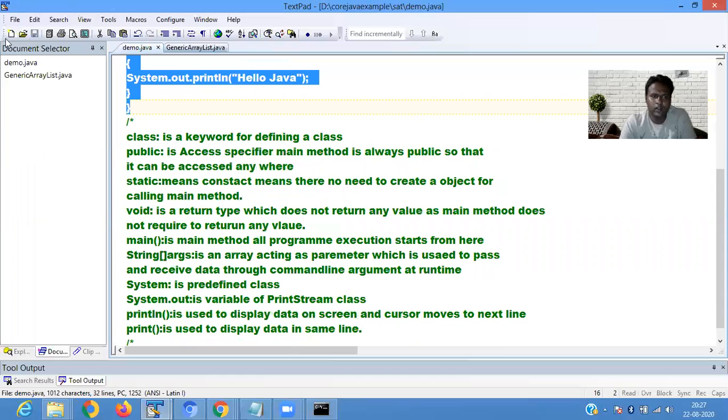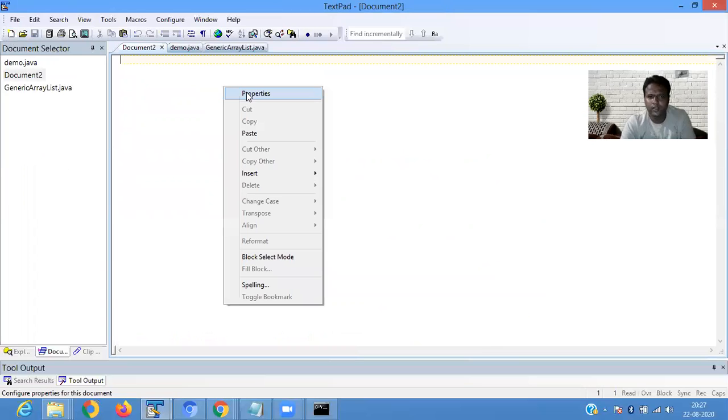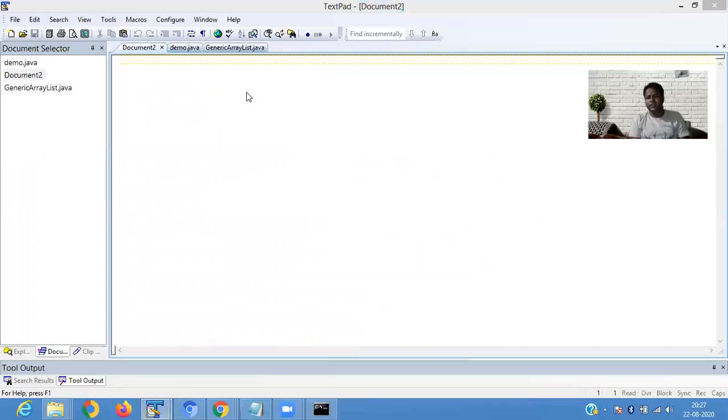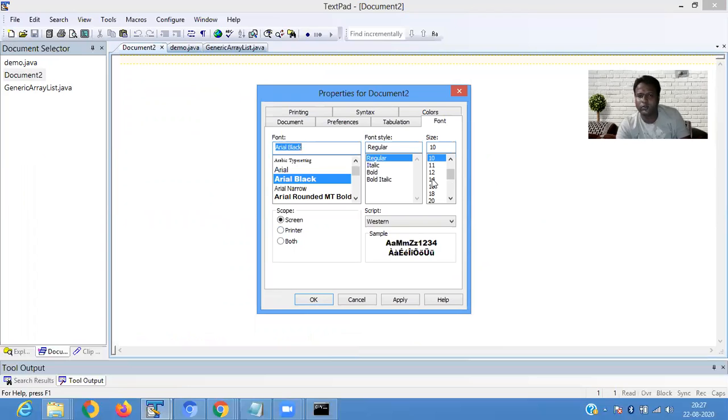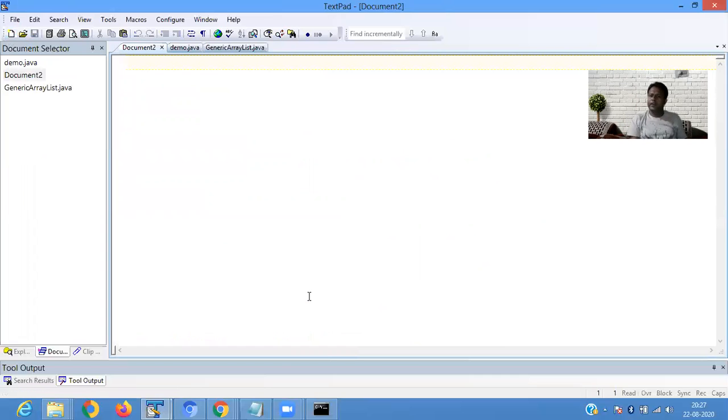Now we come to methods. A method contains a set of instructions which is used to execute a particular work, like your Bluetooth option and Wi-Fi option.